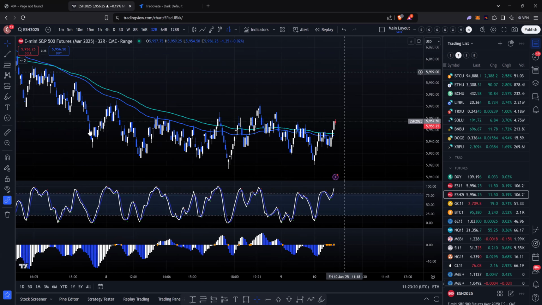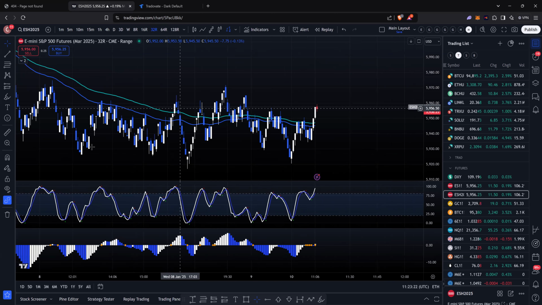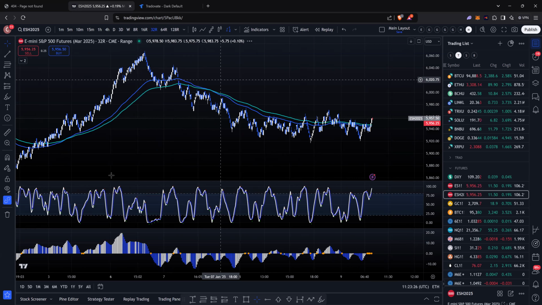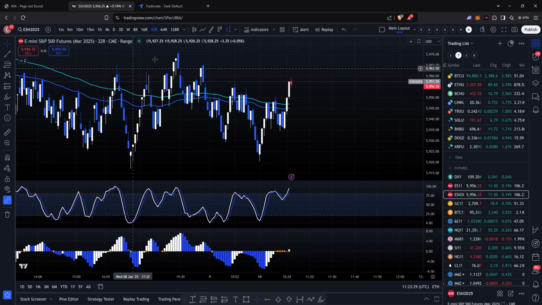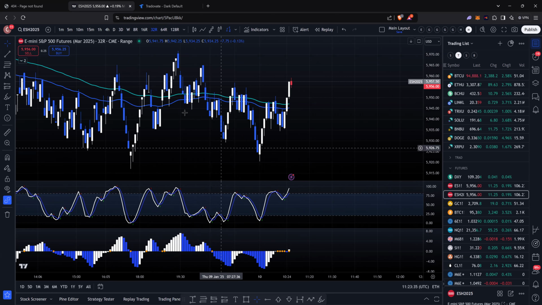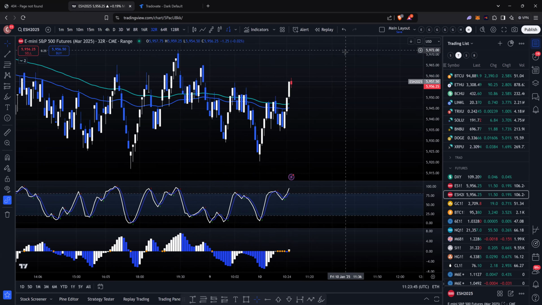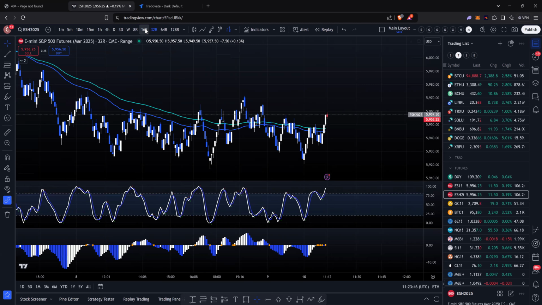Getting down here, still a lot of chop. Not a whole lot different than the 64 in terms of what it's offering. We got some kind of low here and then a high structure up through here and then another low that isn't really very pretty. And then it ran back down and had a lower low. So it could be some kind of high here based on this or could push up, but nothing actionable.